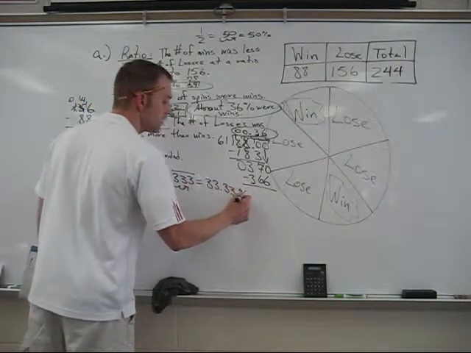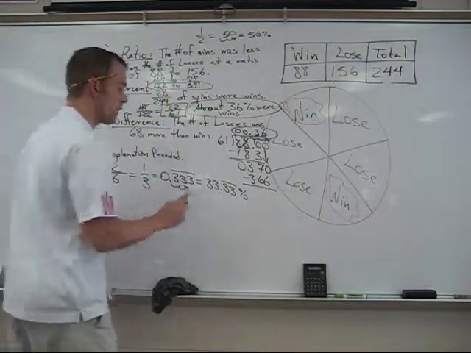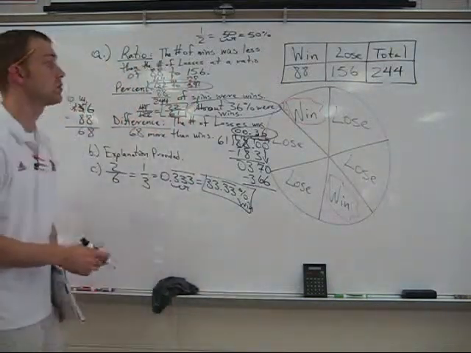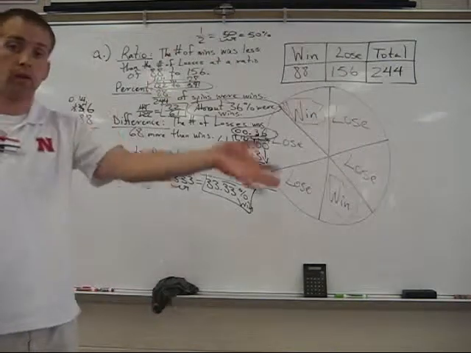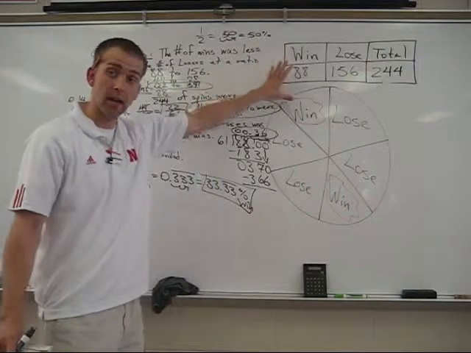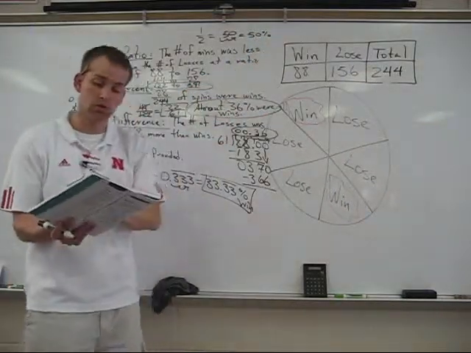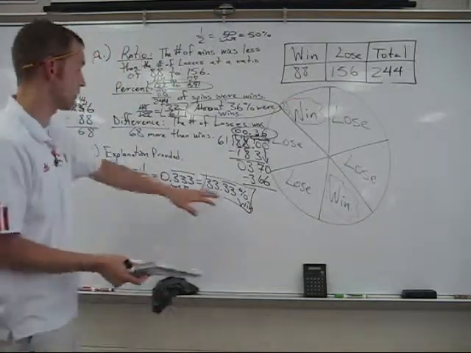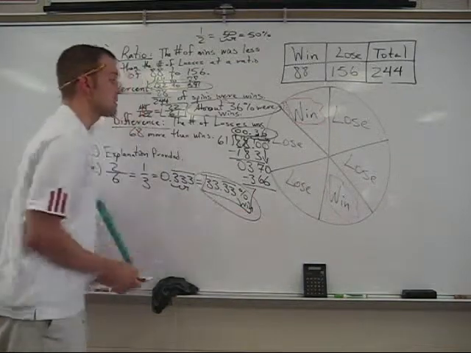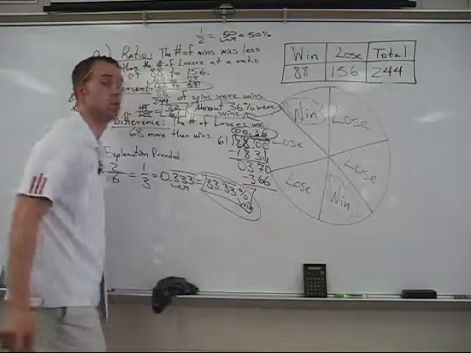Now, this is kind of interesting because if you look at Part D of the problem, it's going to ask you how this theoretical probability, we should win 33% of the time, compares to the actual data. One thing I've already done on this problem is I've worked out that given this actual data, 36% of the time, these were wins. And they're asking you, well, does this seem to agree with the theoretical probability? And the answer to that is yes. We should be winning this much of the time. As a matter of fact, these people are lucky, but they came out with their data winning 36% of the